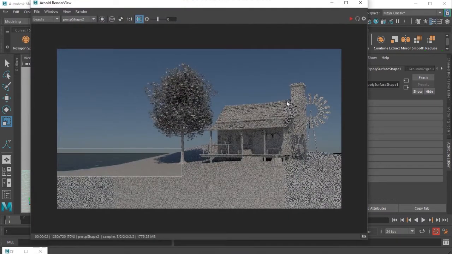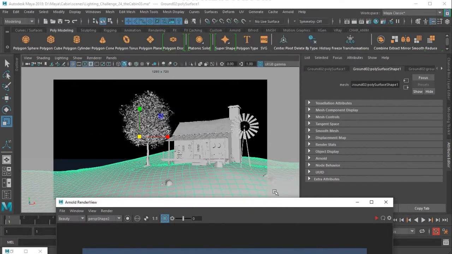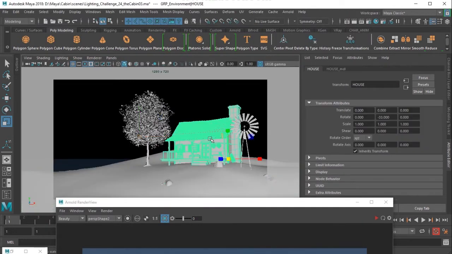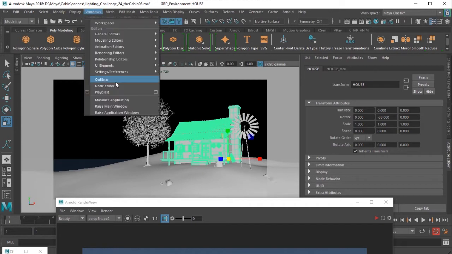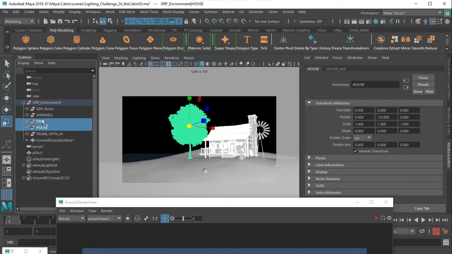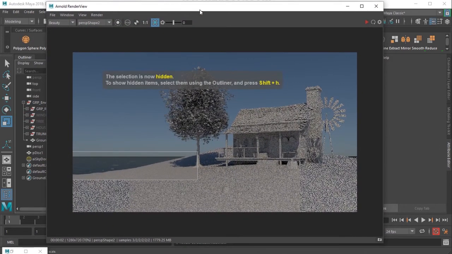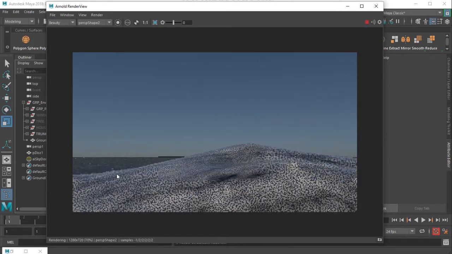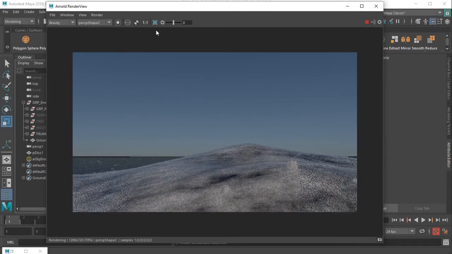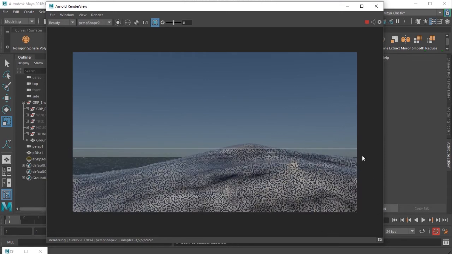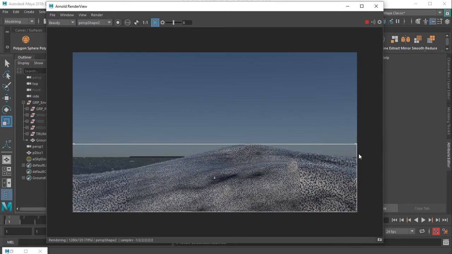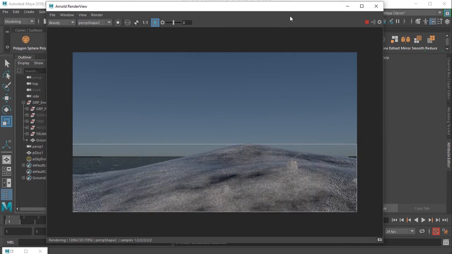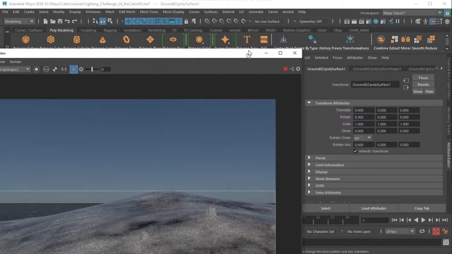So I will select the house. I'll open the outliner: house, tree, windmill. I'll hide everything here like that. And then I would like to render this. Okay. And probably we'll concentrate on this area, and we procedurally generate a ground there. So select this ground plane, and